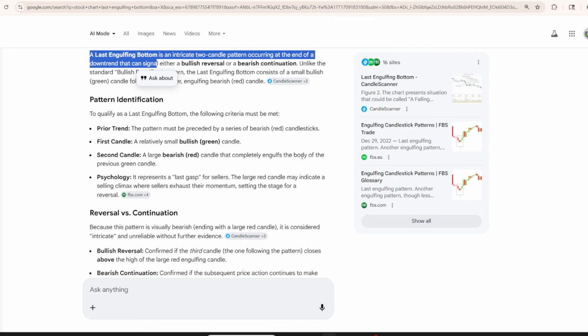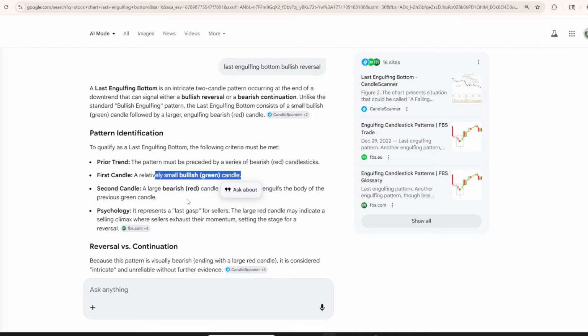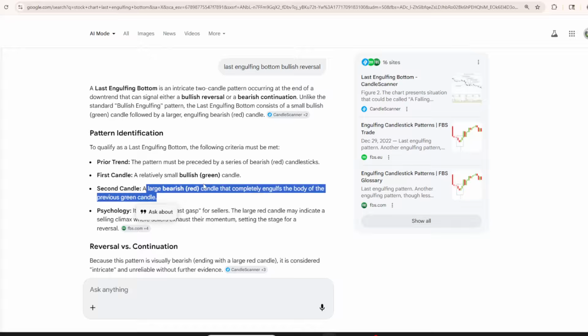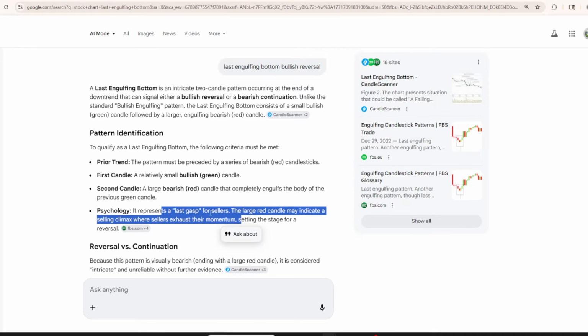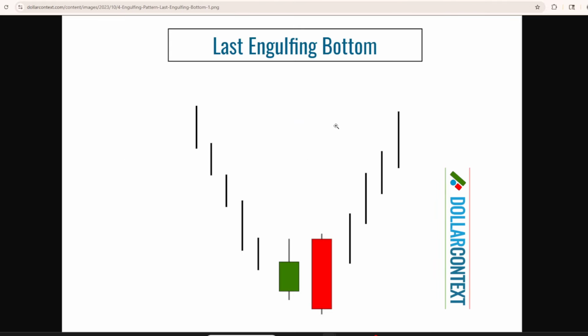Of course, pause and read this on your own, but you have a downtrend, red candlestick, so you have that small bullish green candle, and then a big red candle that engulfs the body of the prior candle. There's a selling climax, right, where sellers have exhausted their momentum, and it sets the stage for a reversal. And it's the idea, again, of these overreaction, overextension moves, where the price has gone too far too fast,